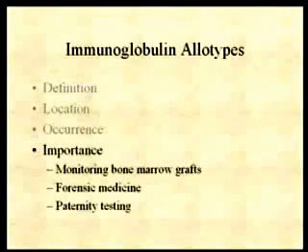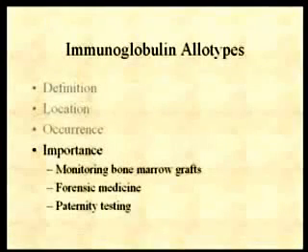Now, again, they will match the donor and the recipient for all sorts of things, all right? For blood group antigens, they're matched for their blood, they're matched for tissue type, and so on, as close as they can get to match. And then they do the transplant. But they don't match to see whether or not you have the same immunoglobulin allotypes. And the reason is, again, because clinically it doesn't make any difference. There's no problems clinically if you receive a bone marrow graft from a donor with a different allotype. It doesn't make any difference. So it's not matched. But we can make use of that then in finding out whether or not that bone